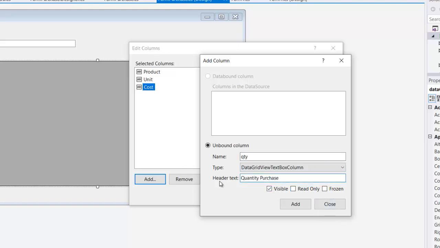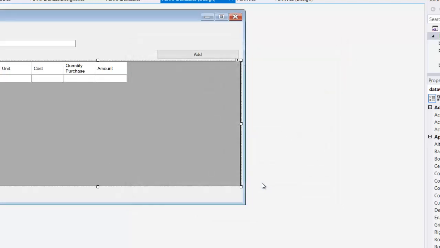purchase. Then we have the amount column. So our header is amount. Add. Okay, so